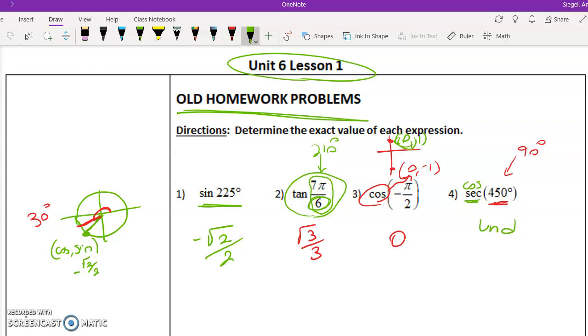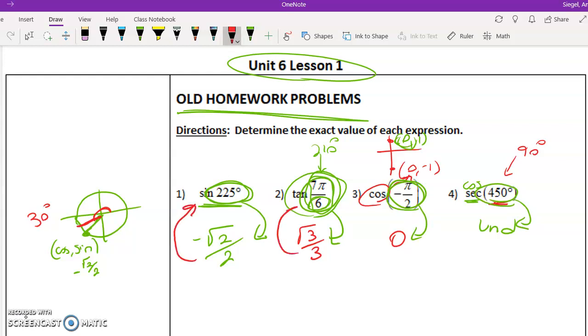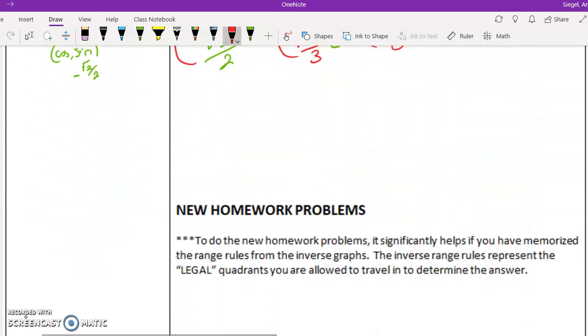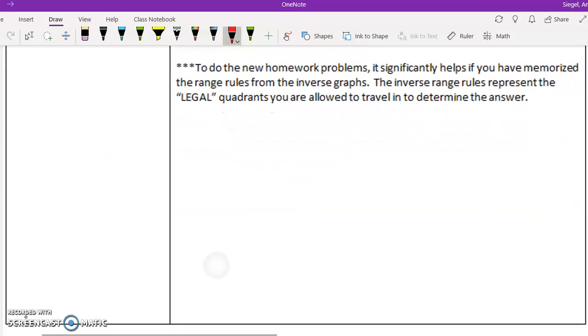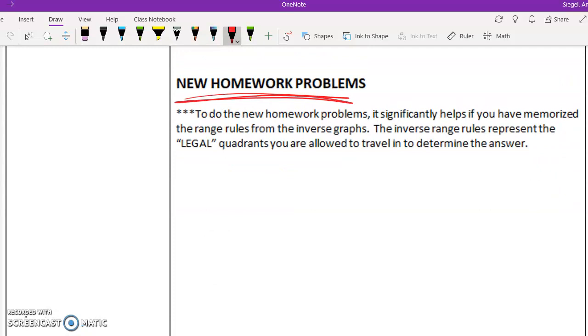Okay, so let's talk about what we did. We went from an angle to a ratio, an angle to a ratio. So with inverse functions, we're going from the ratio back to the angle, ratio back to the angle. And I know I'm sounding redundant here, but I want you to wrap your mind around that concept. There's one other thing before we tackle the new things: